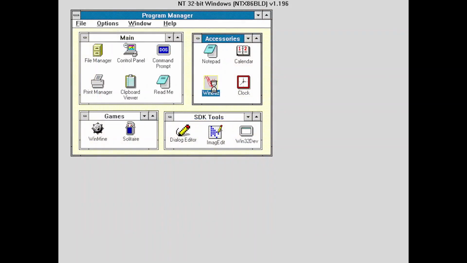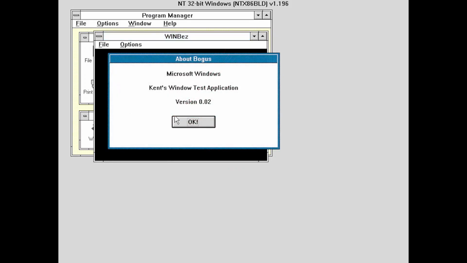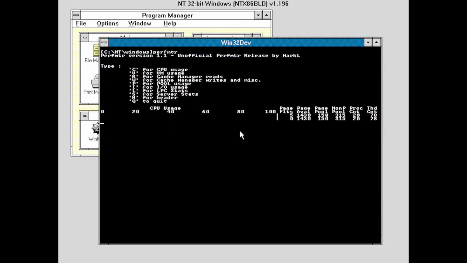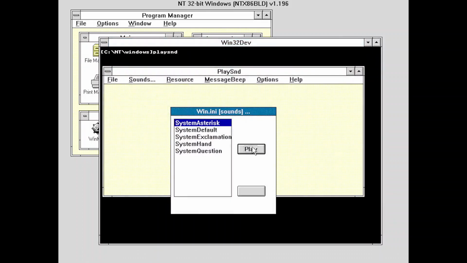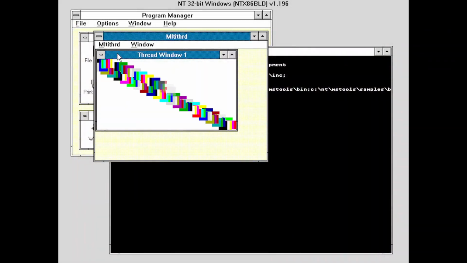Some of the applications seen in this build include Winbez, internally called Bogus and Kent's Window Test application, the Performance Meter, which monitors the performance of the system as the name implies, PlaySound, which plays sound files including the 26 sample sounds included in the system, which come from Windows 3.0 with multimedia extensions,